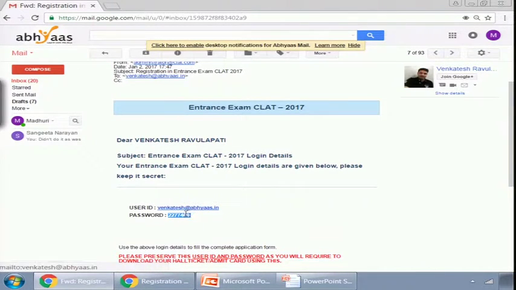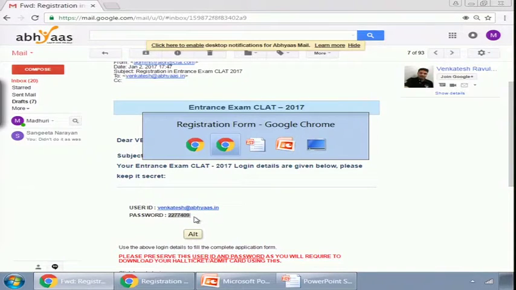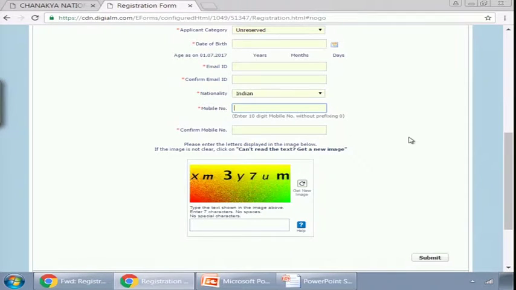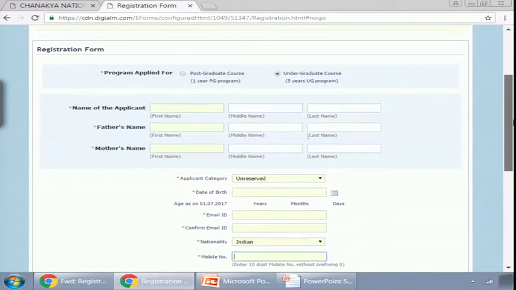So this user ID and password are very, very important. So please store them. Please do not lose them. When I say lose them, note it down in a place where you can access it. Once you get that email, user ID and password,